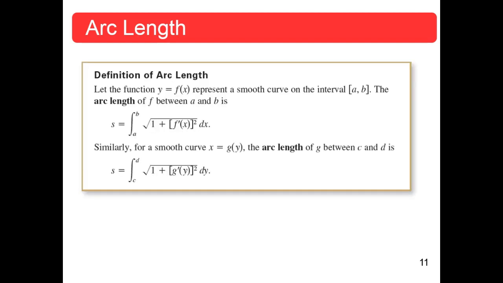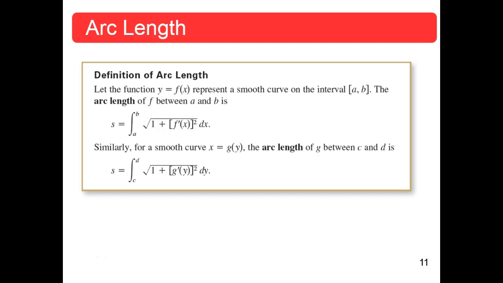So here's the definition of arc length. The function y equal to f of x represents a smooth curve on the interval a to b. The arc length of f between a and b is then s equal to the integral between a and b of the square root of the quantity 1 plus f prime squared dx. Similarly, for a smooth curve x equal to g of y,